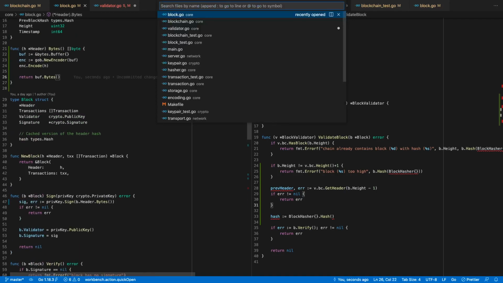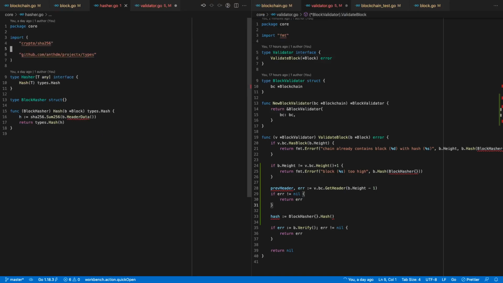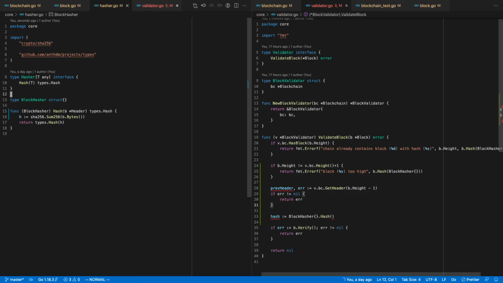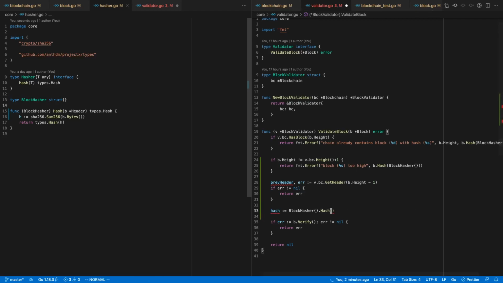And then we have a problem in our hasher, I think. Hash of type block hasher. It can be perfectly the same name. The only thing we need to do is change this to header, and then change this to, oh wait, no, bytes, like this. Okay, so now what we can do is say, wait, I think some tests are failing. Wait, why are the tests working, to be honest? Anyway, doesn't matter. Block hasher hash, we give it the prev header,